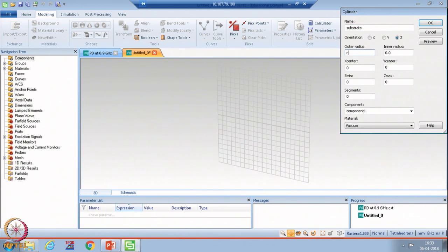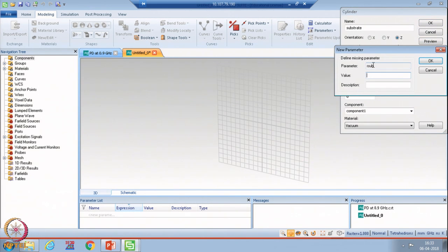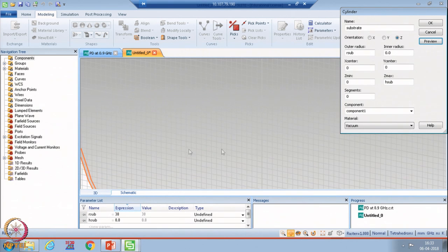Write it as R sub, then Z is H sub. Okay. Take R sub as 38 mm, H sub as 0.8 mm. So, just to tell you,